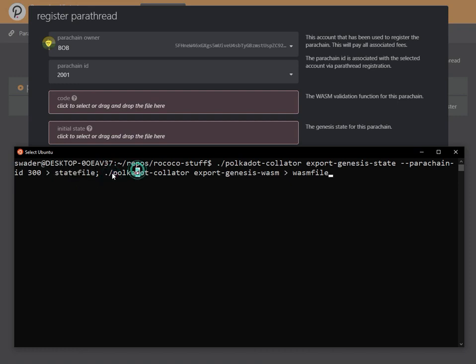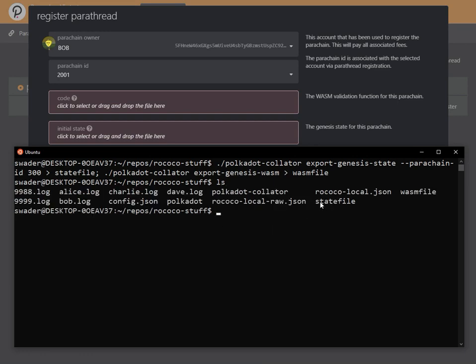Then the next command is going to also call the binary that you have for your chain, and it's going to call the export genesis WASM, which exports the WASM validation function that you need to upload to the parathread dialog. So if we run this, you can see now that in this folder I have the state file and the WASM file, which we are